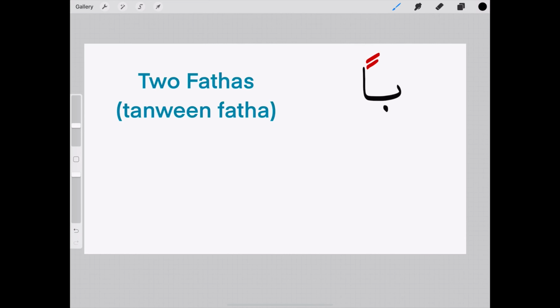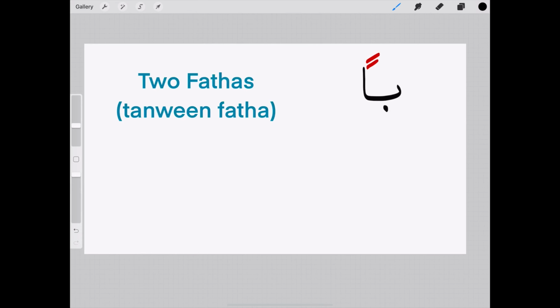If you add 2 dhammas nearby each other on top of the letter, that's called tanween dhamma. And if you add 2 kasras, which are 2 dashes parallel to each other, that's called tanween kasra, or for simplicity 2 kasras. So I will start with the tanween fatha or the 2 fathas, show you how this is written and how to pronounce it. If we are using the letter ba here,